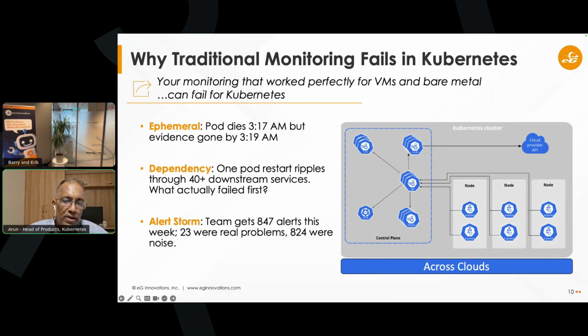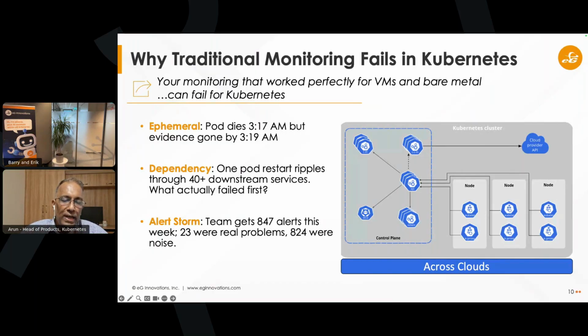As you know, Kubernetes has pods. Pods contain containers, and containers run applications. And when a pod dies, let's say at 3:17 a.m. in the morning, by the time you log in, it's gone. Traditional monitoring tools fail in this regard because they always expect a static IP into which you can SSH, and that's simply not possible in Kubernetes.